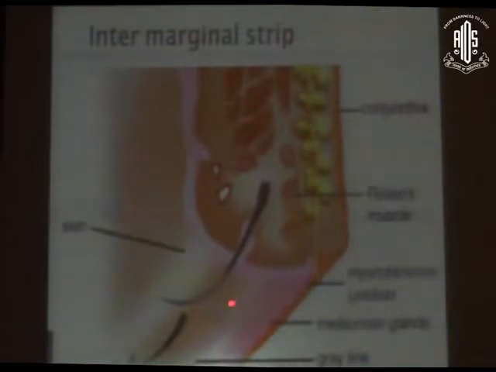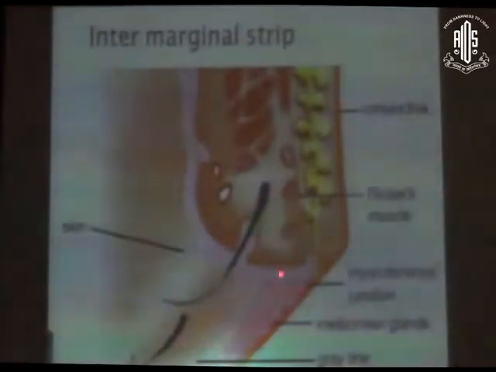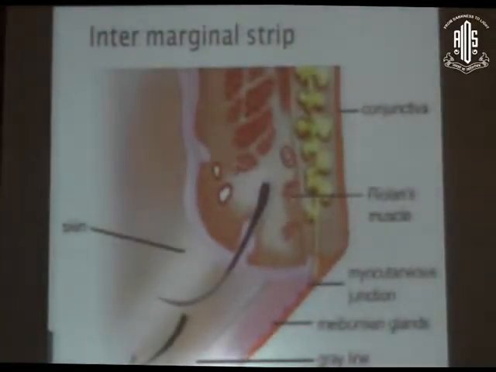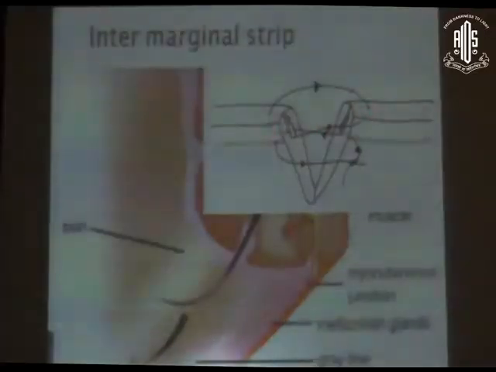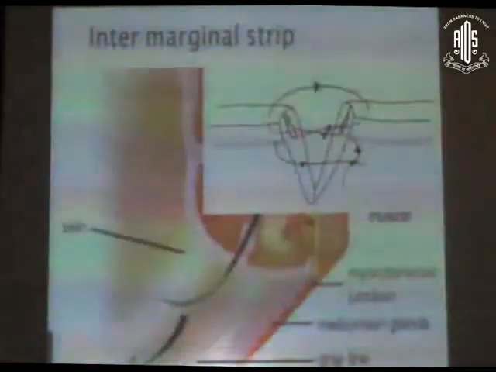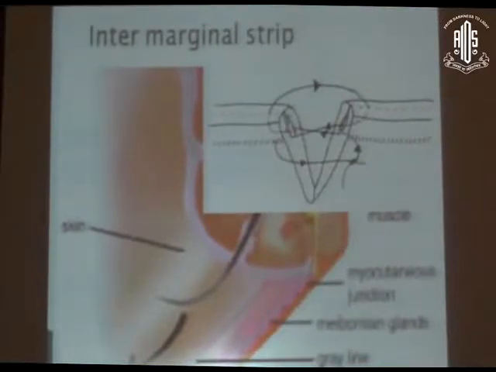The fibers of orbicularis muscle which are present at the lid margin are the muscle of Riolan, and they help in proper positioning and apposition of the lid margin to the globe. The grey line is a very important surgical landmark, as division through the grey line separates the lid from the submuscular space into anterior and posterior lamella. Also, in surgeries where we are decreasing the horizontal length of the lid in entropions and ectropions, for marginal repair, the first and middle suture is passed through the grey line. Thus, it is a very important surgical landmark.